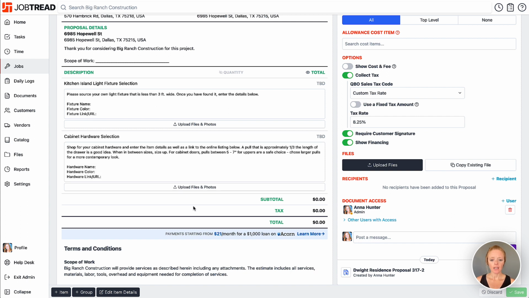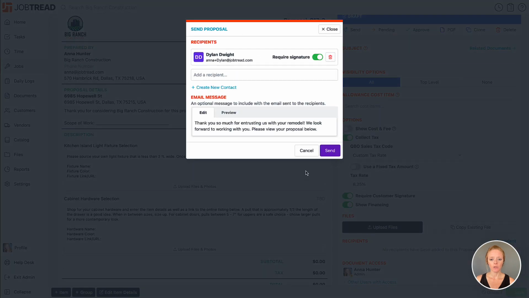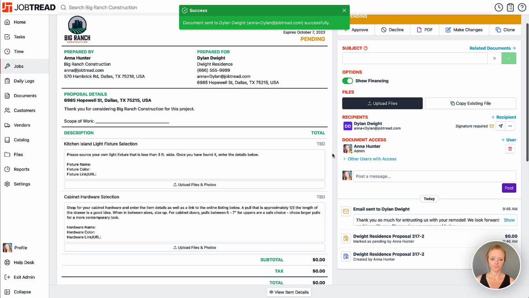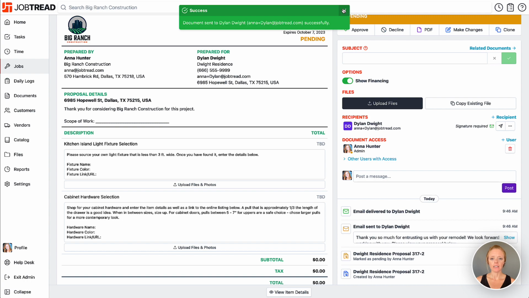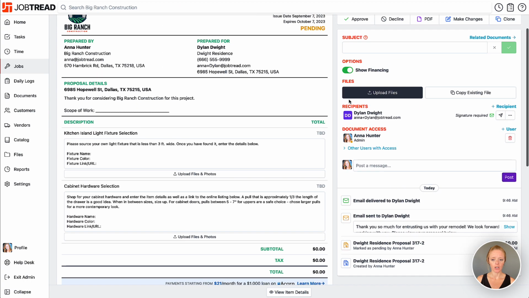And in this case, I will go ahead and just send it off to the customer because I want them to let me know what items they'd like. So we'll hit send, choose our customer there, and send it off. Now the document is in pending state, meaning the customer can see it and go in there and add their